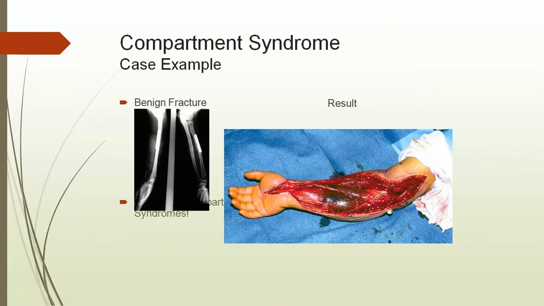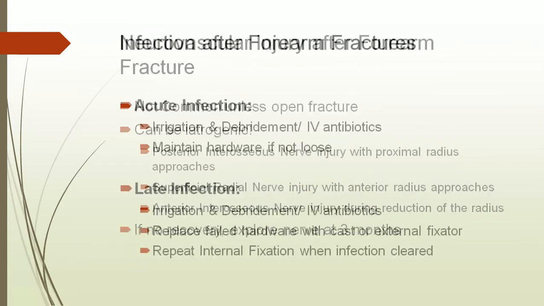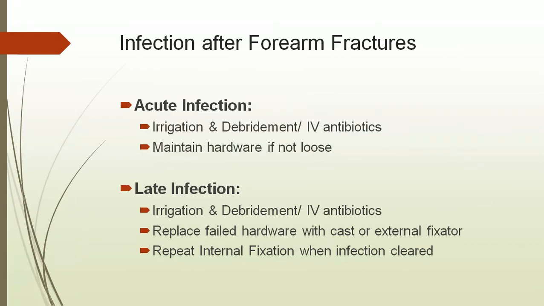The muscle has lost its normal appearance. It is dull, already necrosed, blackish or brownish in color because of lack of oxygen saturation in this muscle, due to increased compartment pressure and pressure on the vessels and nerves. So this is the thing. And infection, of course, acute and late infections will be there. So while treating open fractures, we must be very careful to do a proper, thorough wash, debridement, and antibiotics. All these things are very important.